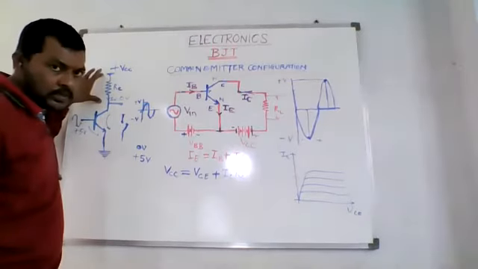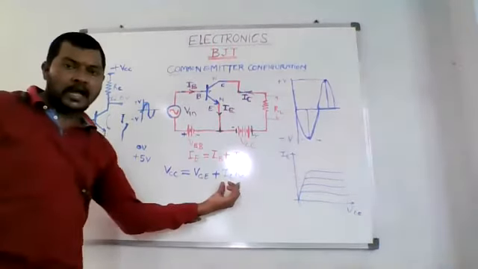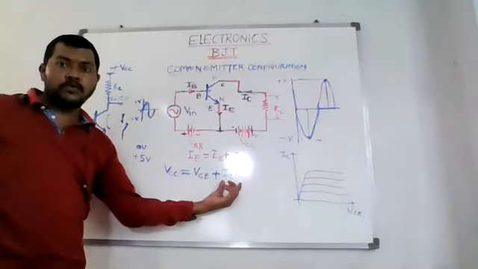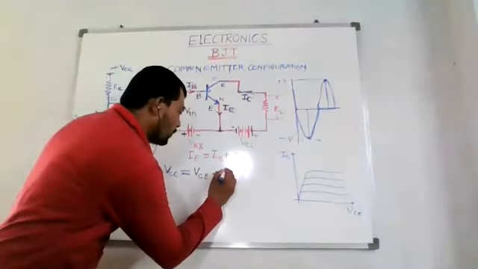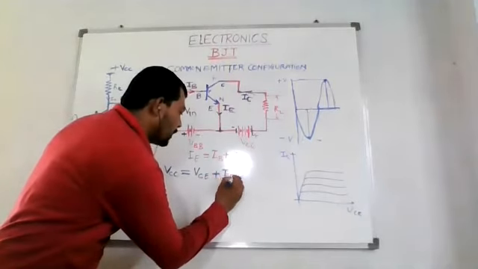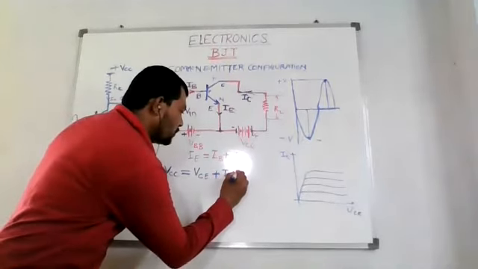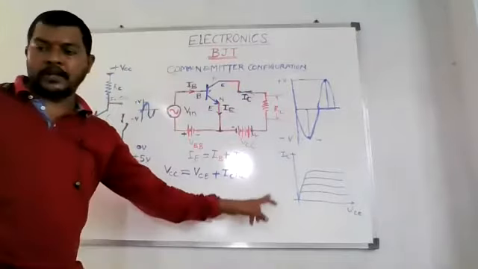तो इसके अक्रॉस का वोल्टेज क्या होगा? VC. VC को मैंने लिखा है ICRC, according to Ohm's law, V equal to IR. तो IC into RC. I guess it is visible to you. दिख रहा है क्या ये? This is ICRC. This is the equation from where we need to calculate this.